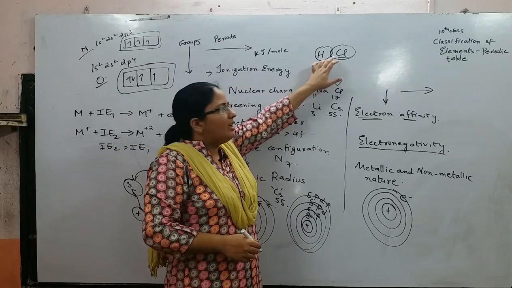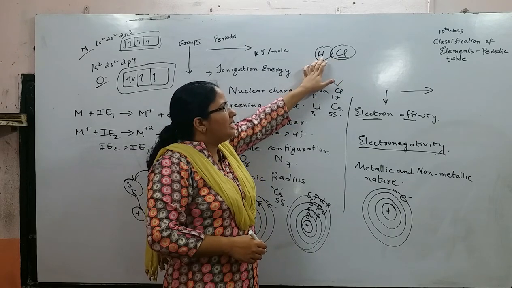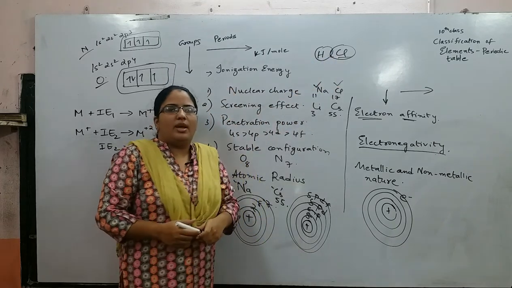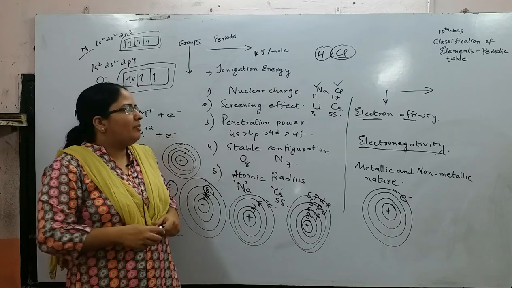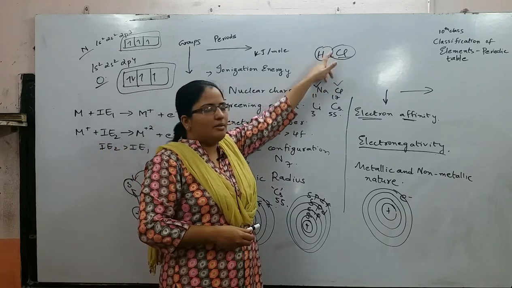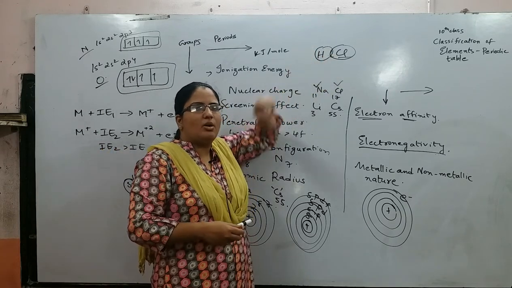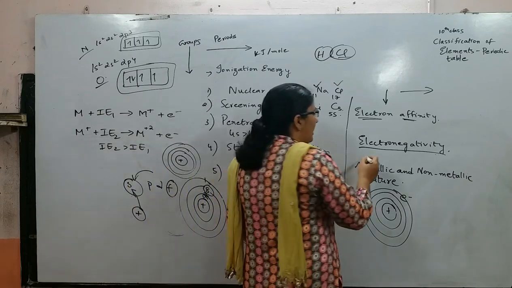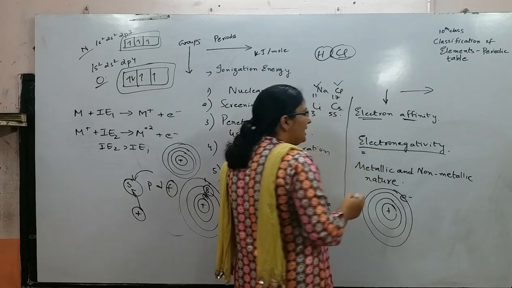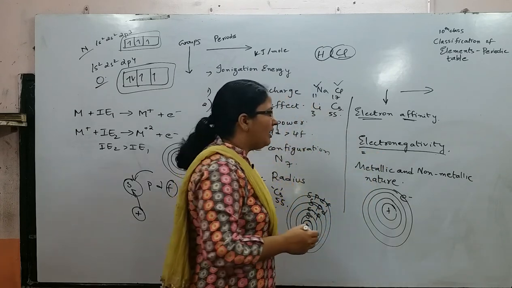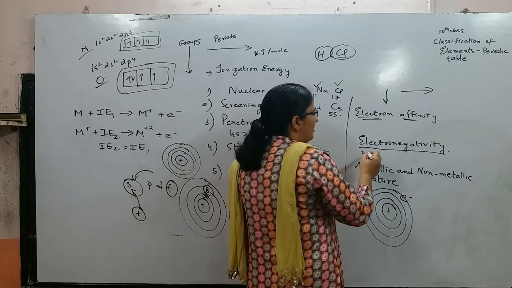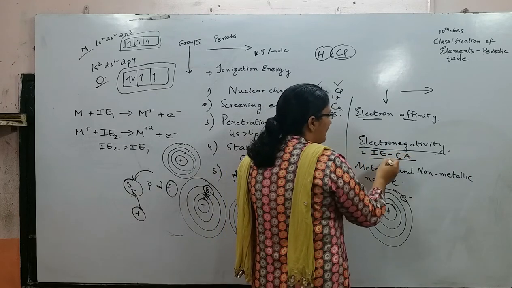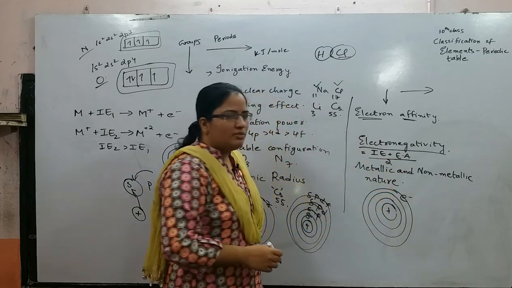So you can say hydrogen is more electronegative compared to chlorine. So electronegativity is nothing but the tendency of the bonded atom to attract the shared pair of electrons towards itself. That is called electronegativity. Electronegativity values can be calculated by Millikan. A scientist called Millikan gave a formula for electronegativity. Electronegativity is equal to ionization energy plus electron affinity by 2. This is what Millikan gave.